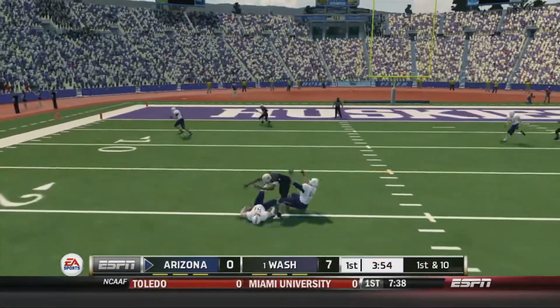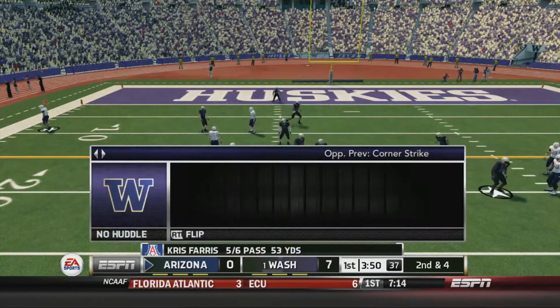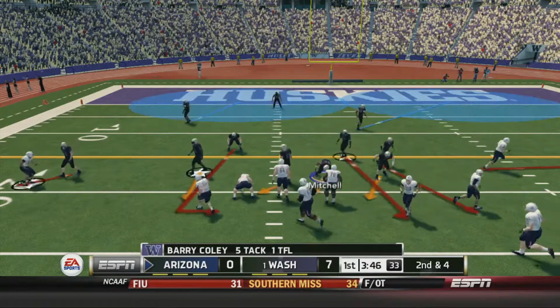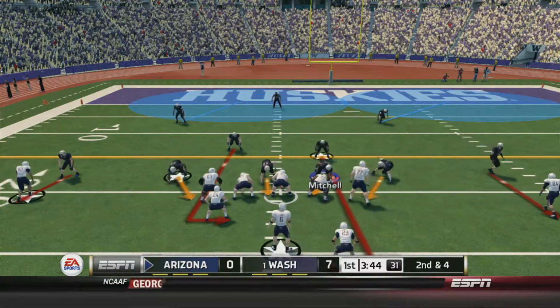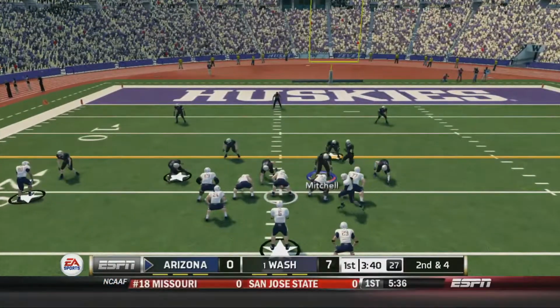Pulls it in, and he's in the open field. Makes the reception. Gain of 6 yards. That'll make it 2nd and 4. 4 down, 4 down. 57, 57, come on. Check 44. Check